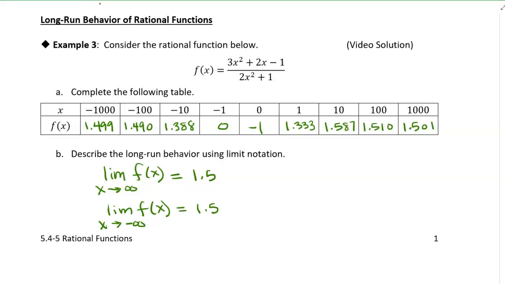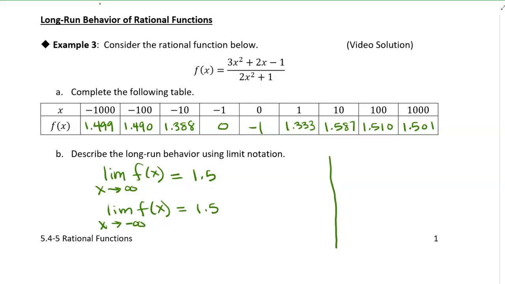You want to look at both what happens when x gets larger and larger in the positive direction, and what happens when x goes farther and farther in the negative direction. So you want to look at both x going to infinity and x going to negative infinity. Now, this goes beyond what the problem is asking, but it leads us into our next